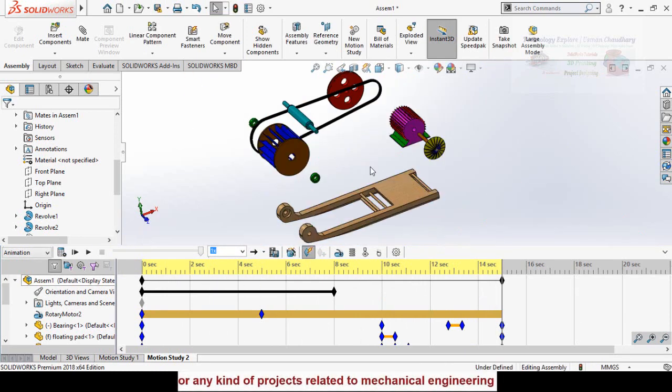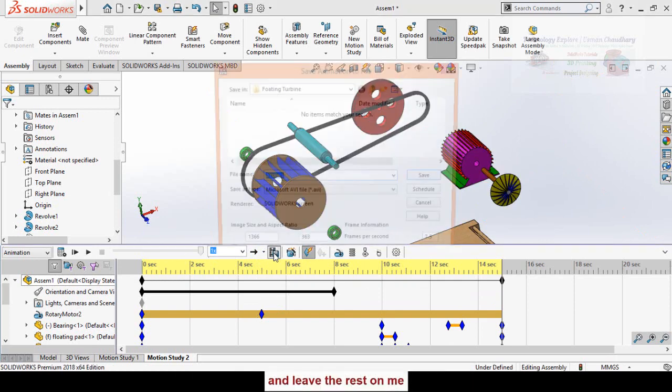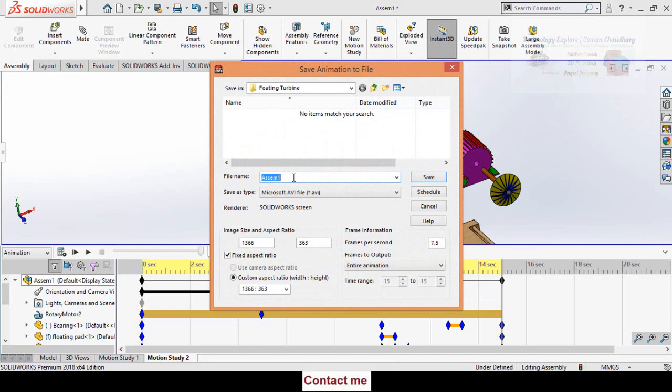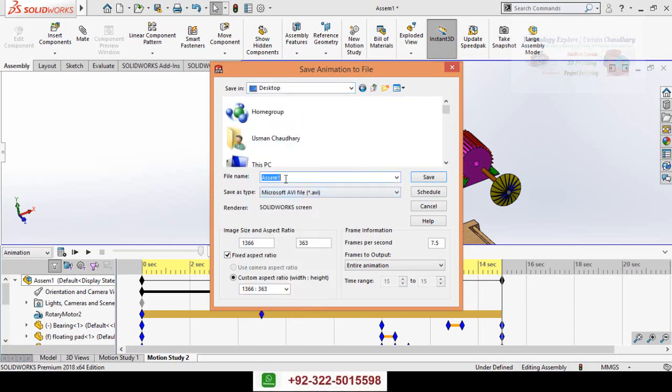Once you have completed the animation, you can save this animation as an AVI file on your computer. For that, select the save animation button here, name the animation and define the save location. Then here is the aspect ratio.